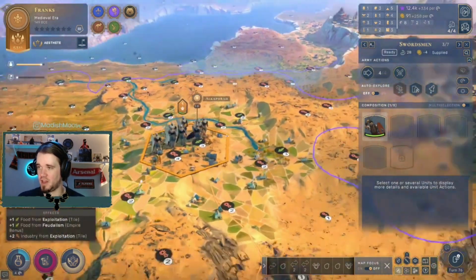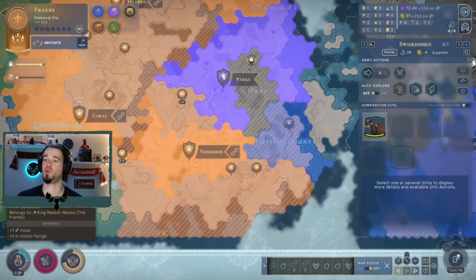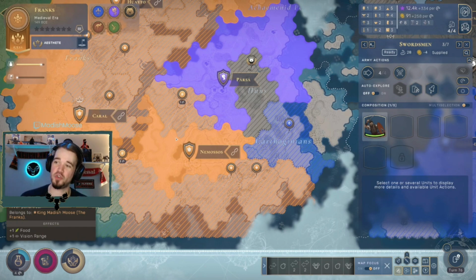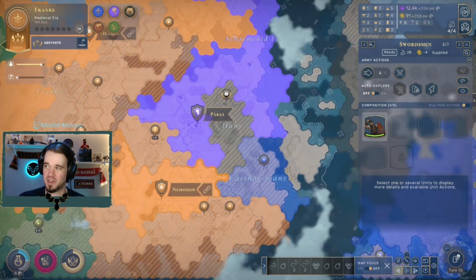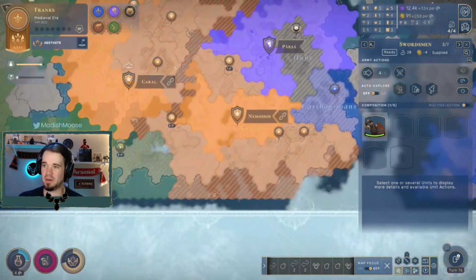All right, and then we have our claim in there, claim in there. The New World is fully claimed. Turn 76, and the New World is fully claimed. There's an island off the coast here that'll get snatched up at some point. But wow, that's